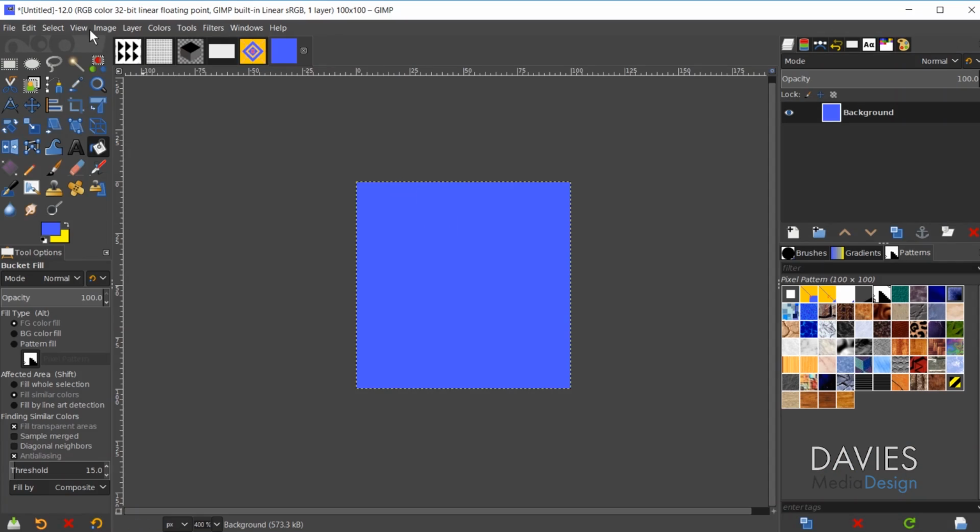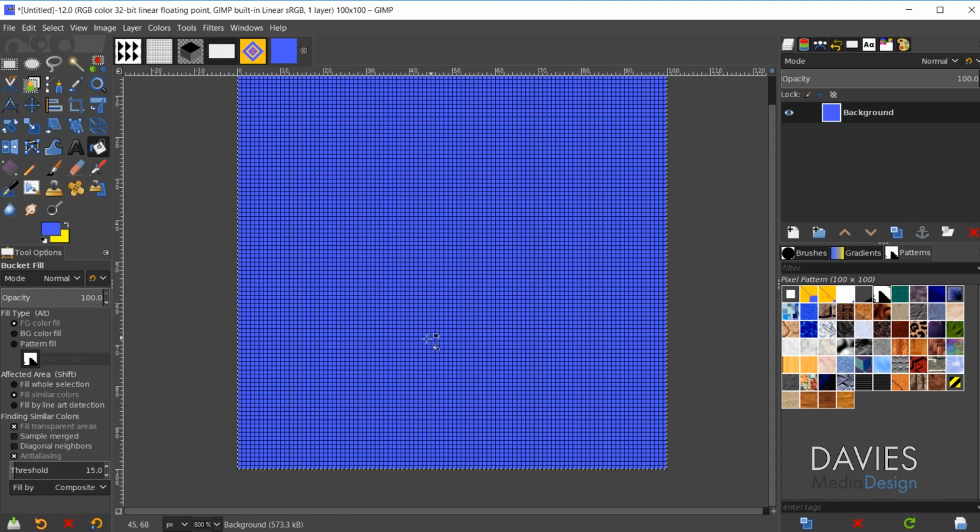The next thing I want to do in this case, since I do want to create a pixel sort of pattern, I'm going to add a grid to my composition. So to do that, I'm going to go to View, Show Grid, and that's going to show my grid here on my composition. You'll notice the grid is fairly small. I did set this up to be a 1 pixel grid,